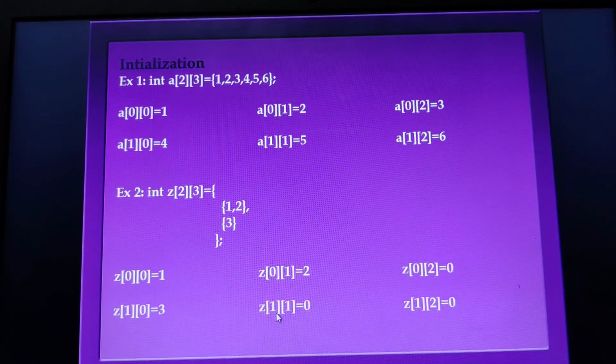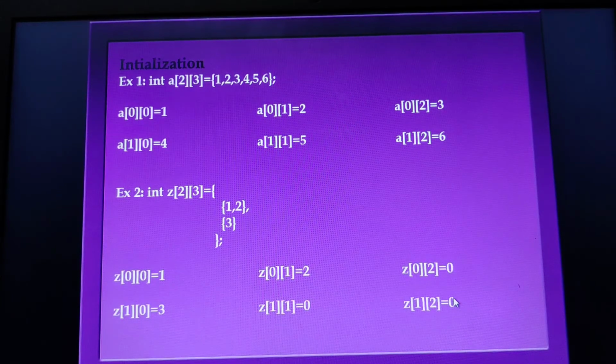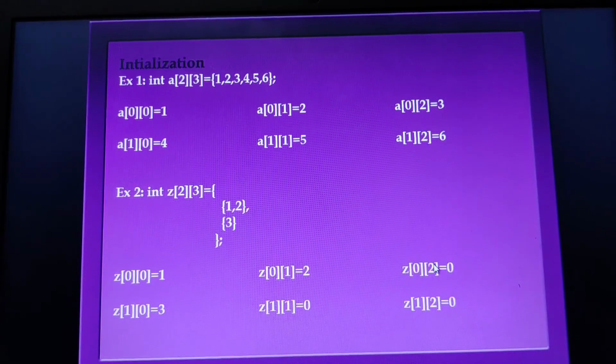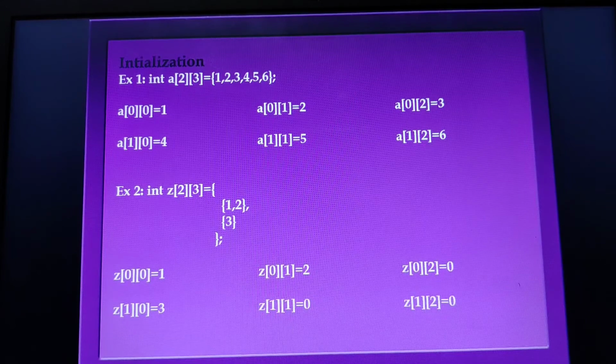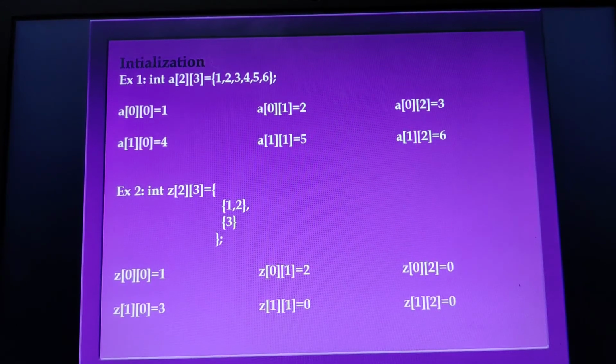Therefore Z of 1, 1 will be assigned 0 and Z of 1, 2 will also be assigned 0. So if we don't give enough values, then by default the compiler will assign zeros to those particular locations. I hope you are able to understand.